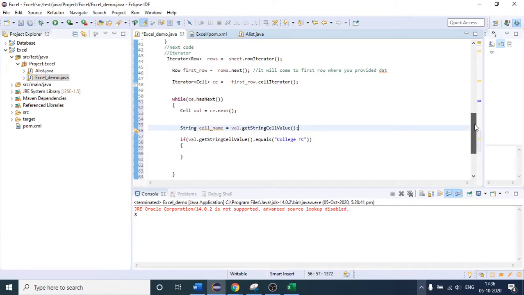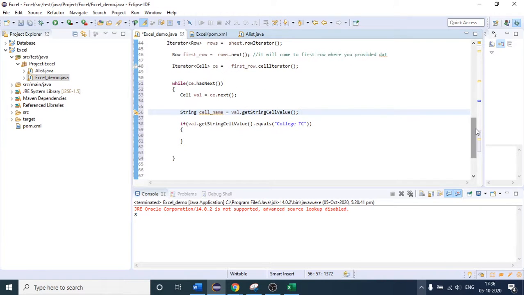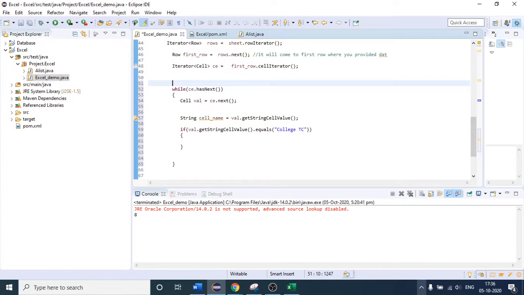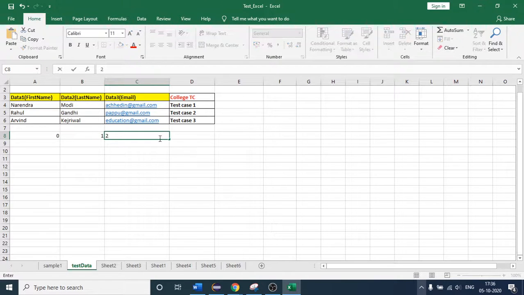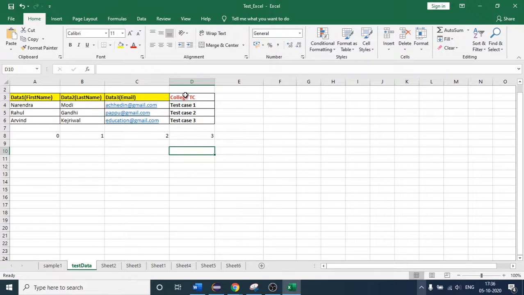So to determine the column, we have to write some more code here. Assume this is my zero column, this is my first. Understand it will start from 0, then 1, likewise 2, and then 3. Here, as of now, you can see this is our fourth column, but if you consider the index, then it is my third column.